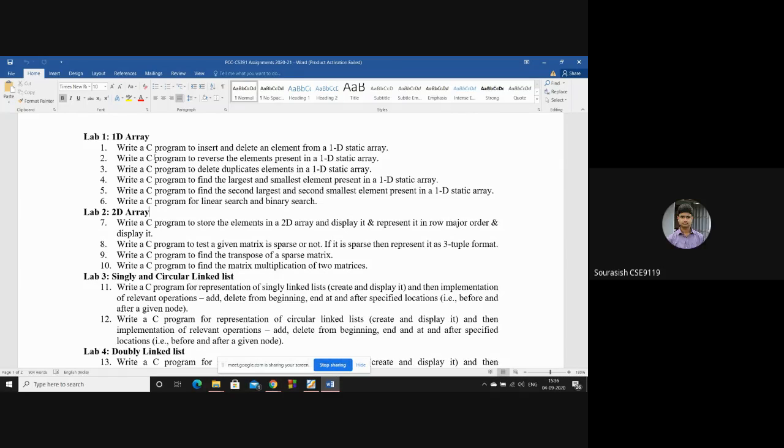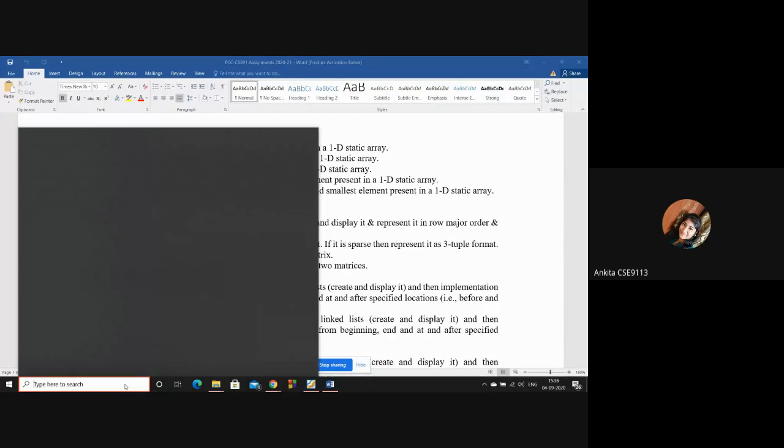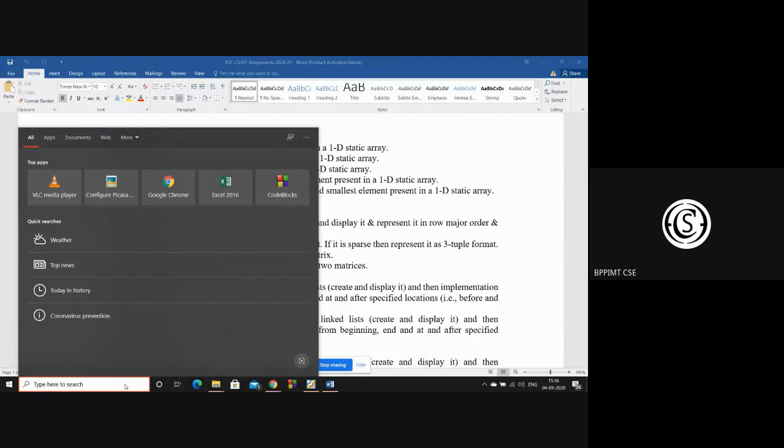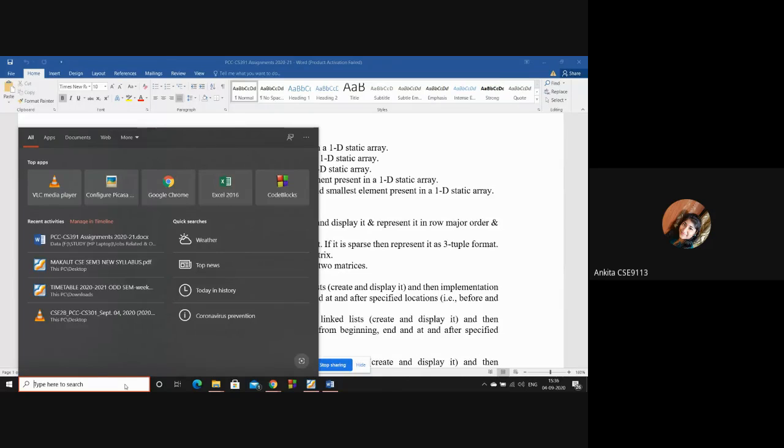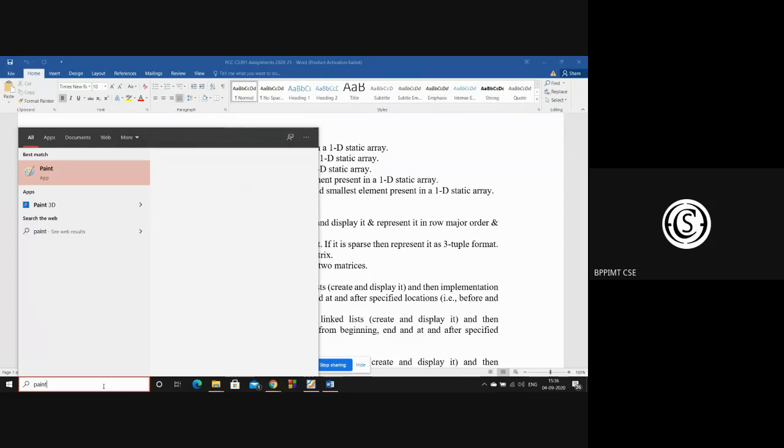How to proceed? We haven't done anything like this. Any idea? There was one formula: base address plus the size of the data type multiplied by something like the number of rows minus 1, and then plus the number of columns. It had to be multiplied by something. I don't remember exactly. Okay, very good.